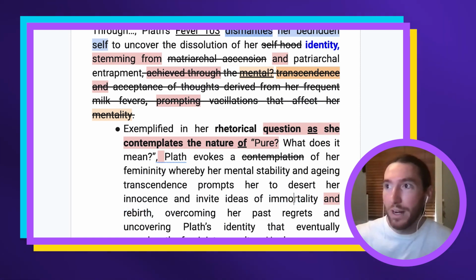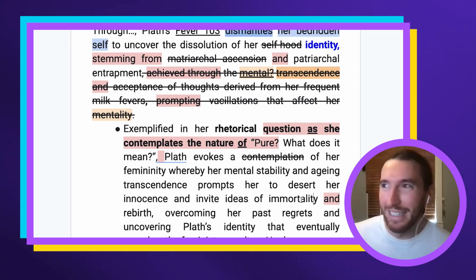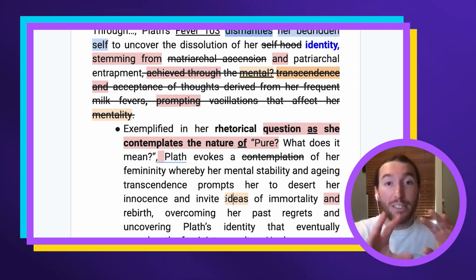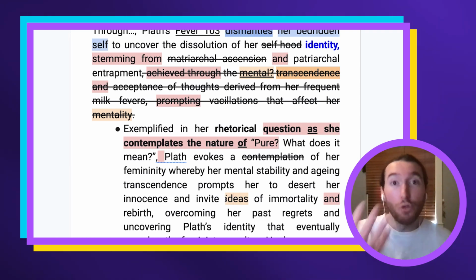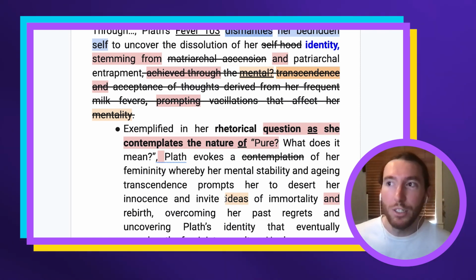It's confusing to me. Which one are you talking about? Because they're slightly different. Invites ideas of immortality. Like what ideas as well? It's very vague. What is an idea of mortality? So avoid using words such as ideas, themes, concepts, and instead just say what they are. Same as perspective, right? As long as you say what type of perspective, you can use the word perspective. For instance, you could say a feminist perspective because you're actually defining what the perspective is. But I would really try and avoid using a word like idea and instead just say the idea.